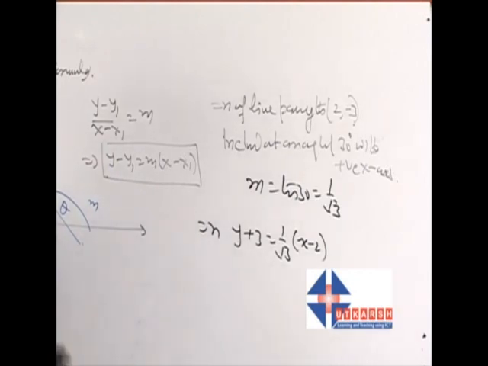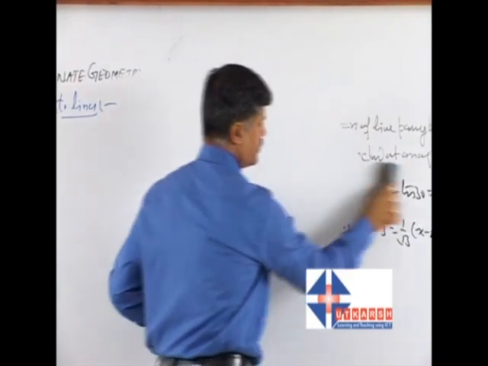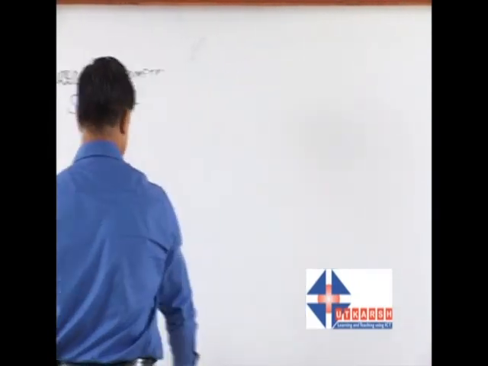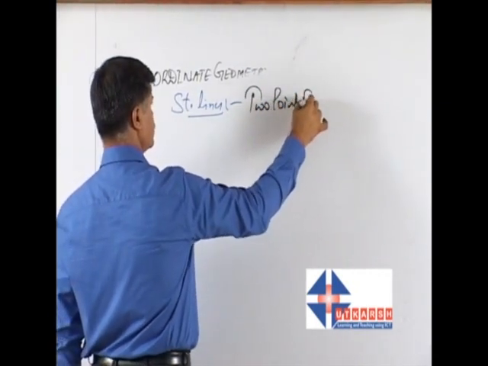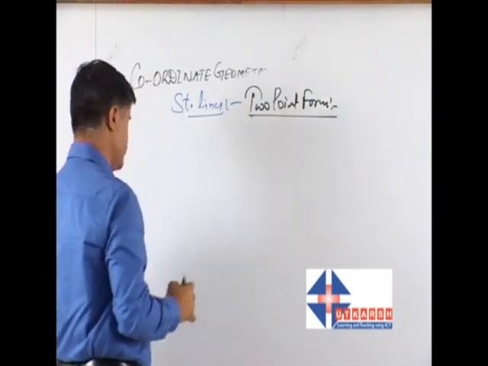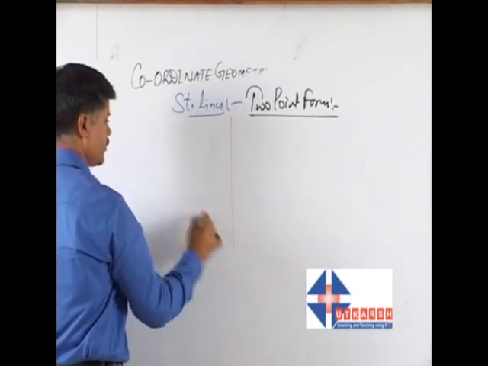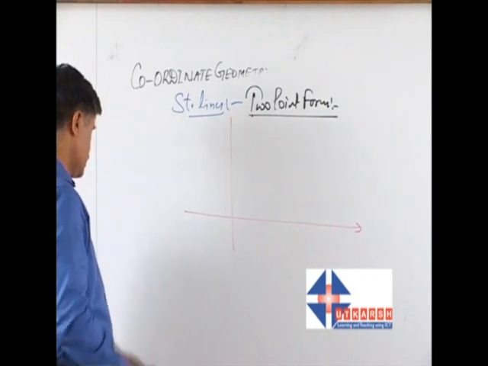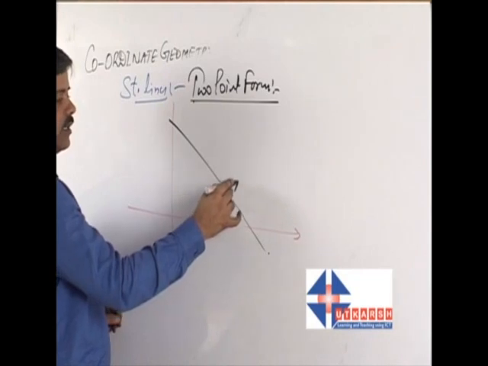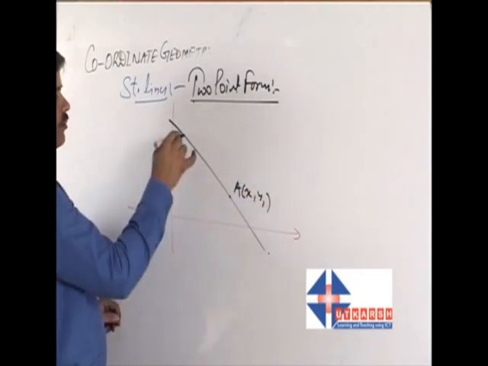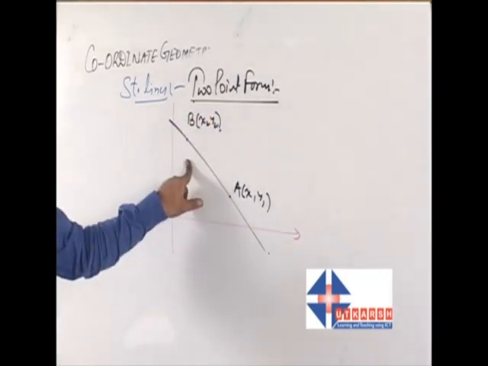Next result is 2-point form. Two-point form. That is, if this is given to be the coordinate axis, right जी, कोई straight line है आप लोगों के पास, this passing through 2 points A (x1, y1), B is this (x2, y2). Okay, he says find the equation of this line,